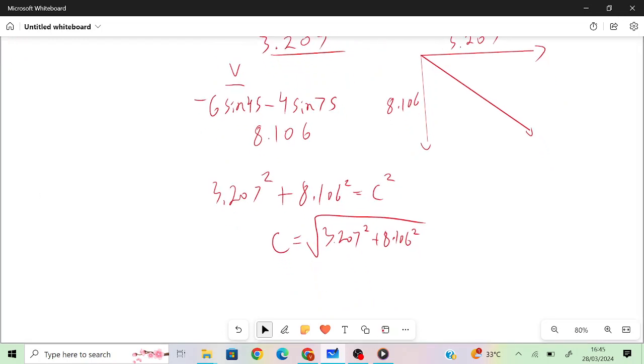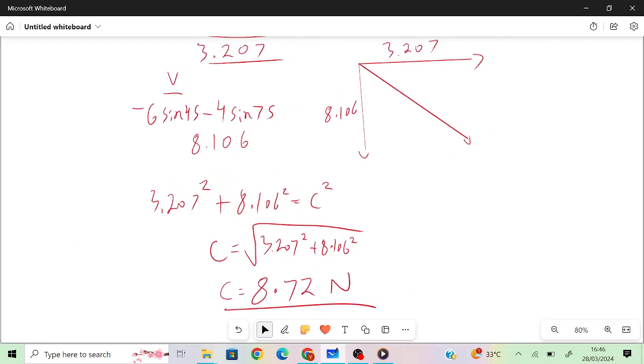And my c, if we just put this in our calculator, 3.207 squared plus 8.106 squared, that gives me 8.72 to 3 SF, so 8.72 newtons is my resultant force. 8.72. But now you also need to know the angle